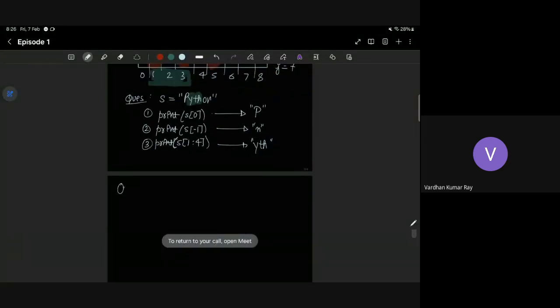We already saw assignment operators and an arithmetic operator, which was addition. We already talked about the assignment operator, which is the equal to symbol. By the way, are there any other assignment operators in Python?